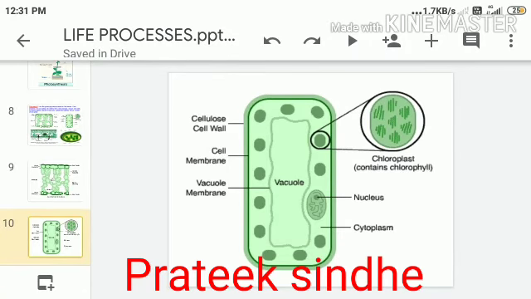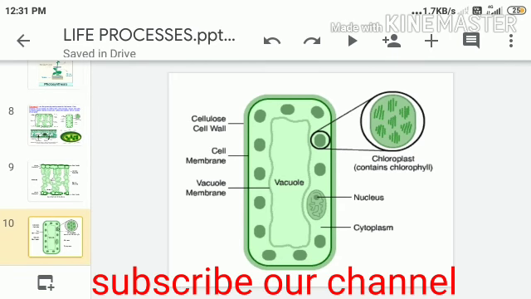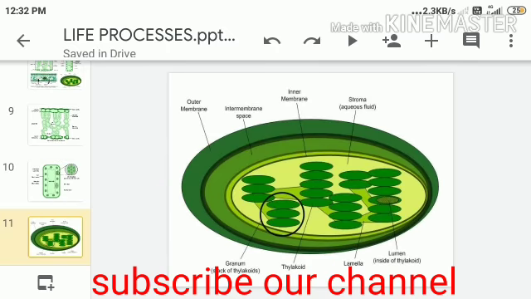And the lower epidermis has very important pores, that is, stomatal pores. These stomatal pores help in the exchange of gases in plants. The respiratory organs of the plant are the stomata. So in the mesophyll cells, there is a presence of a very green color pigment. That green pigment is due to the presence of chloroplast in each cell.